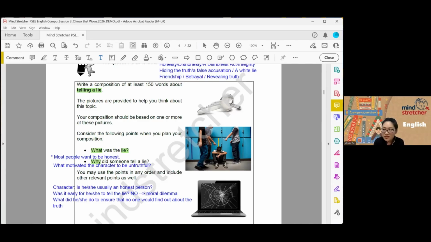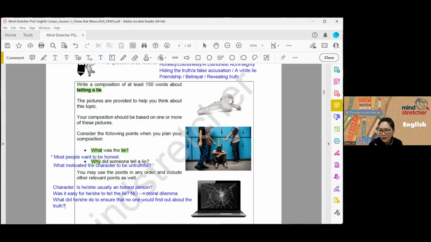Okay, I'm asking this question because as you're thinking about your plot, you're not just thinking what your character did, right? We want to introduce tension. We want to introduce development and action. You can't just say, okay, I'm going to tell a lie. And then you go to someone and you tell the lie, finish 3 sentences. No, right? So if I say, okay, I really don't want to tell the lie, I have no choice. I have to do it. And I hope no one finds out.